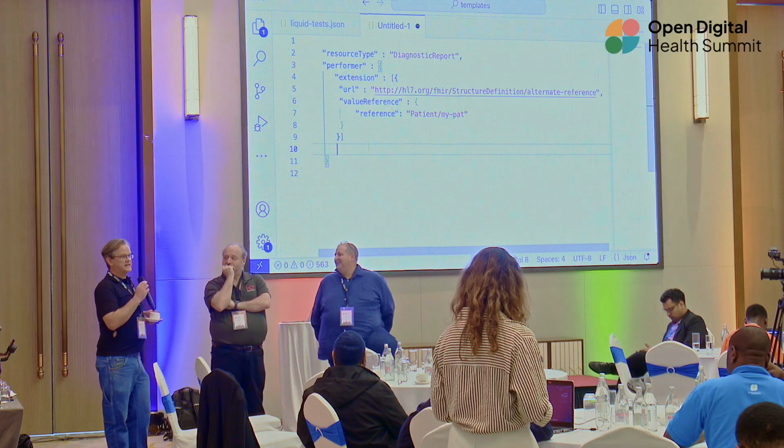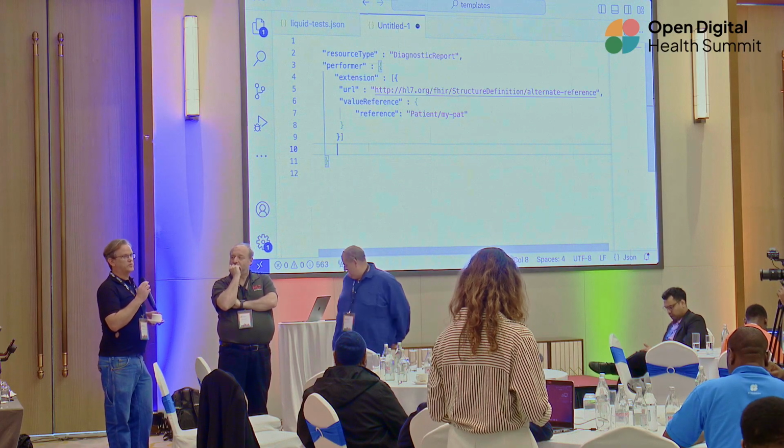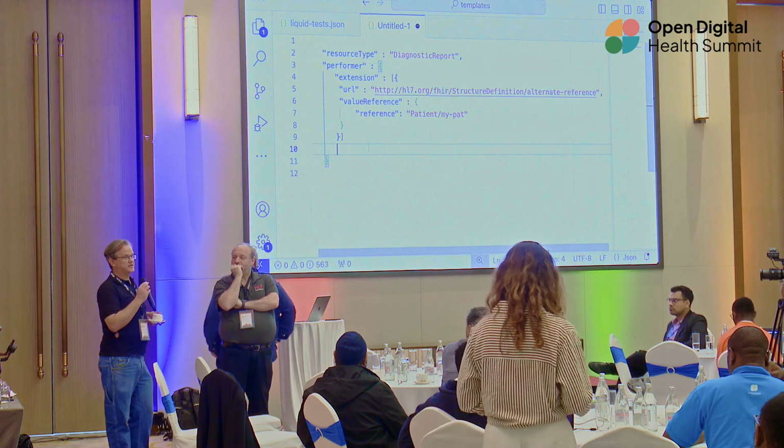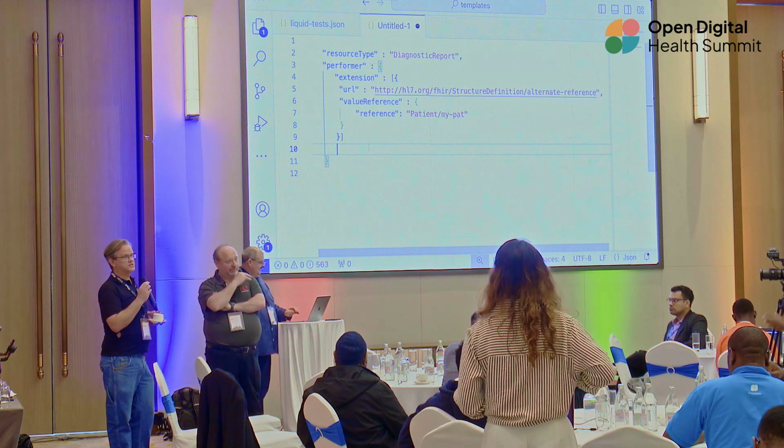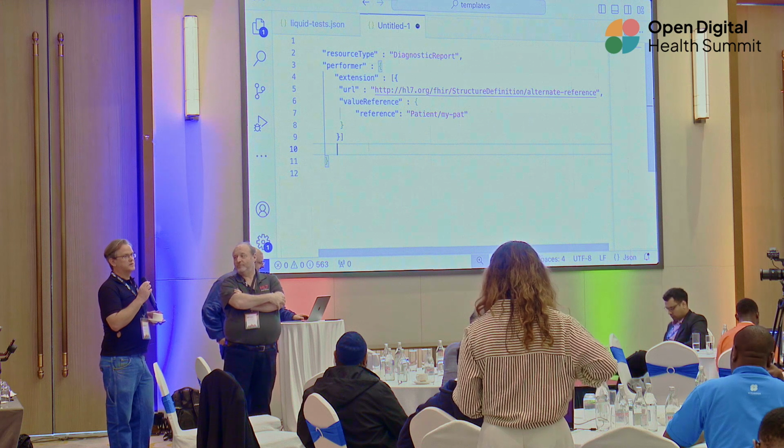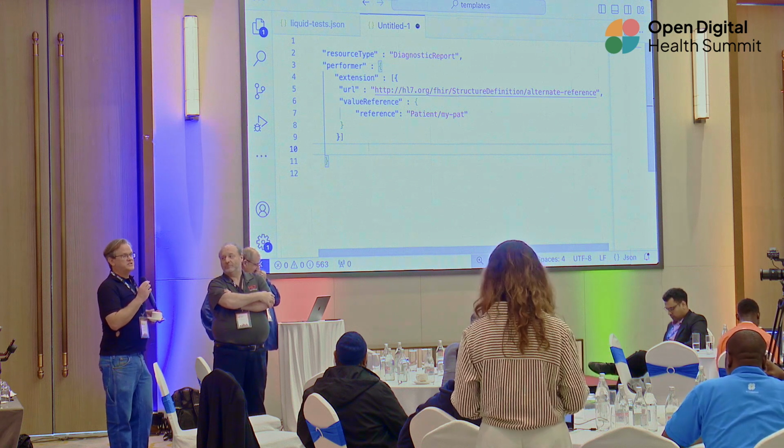The best use case for inline CQL is just when you have just a FHIRPath expression, right? You're just talking about things that are available in context. If you need to do anything more complex than that, like a retrieve or references of value sets, then inline CQL is more complicated, and you're better off using a library. So that's the kind of dividing line there.